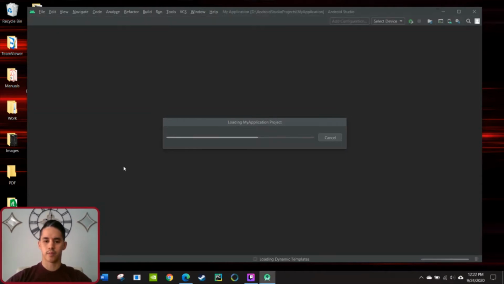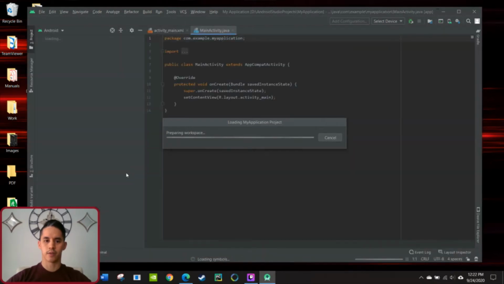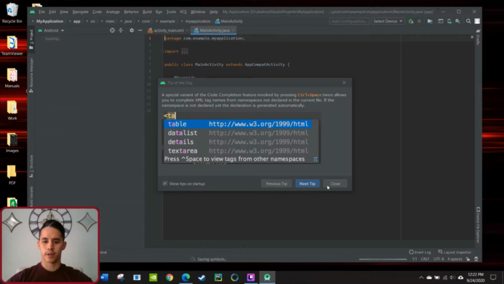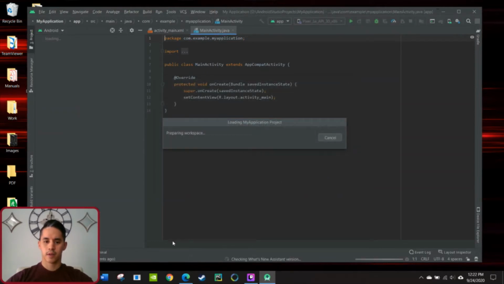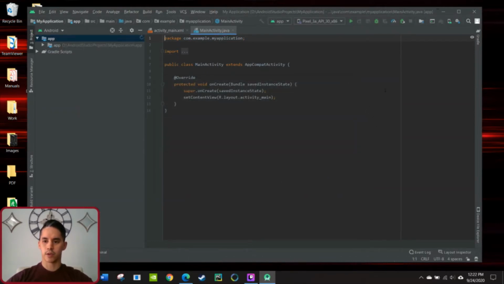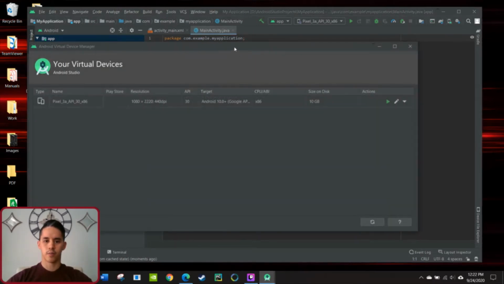I'm just going to let the app bring up just a scrap project that I've got, just the default project that it loads in when you first install Android Studio. Close out of the tips, and then what we're going to do is go up here in this top right corner, this little icon. If you hover over it, it says Android Virtual Device Manager. So if we click on that, it'll bring up our